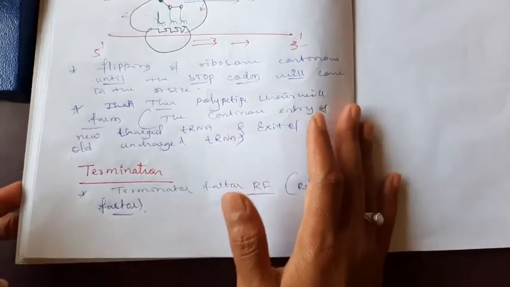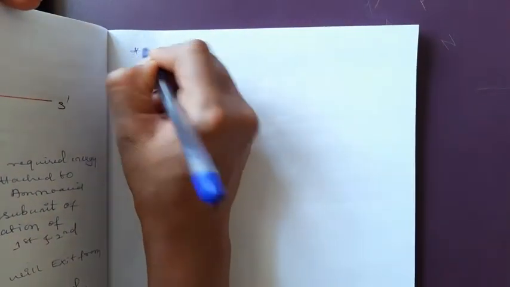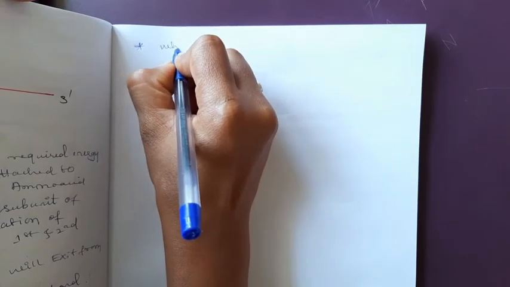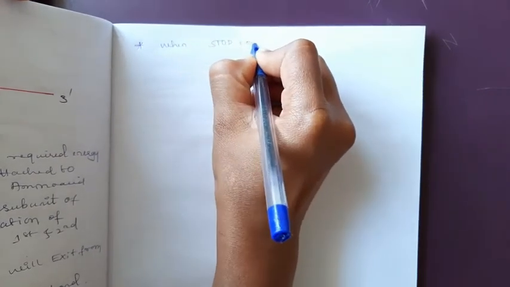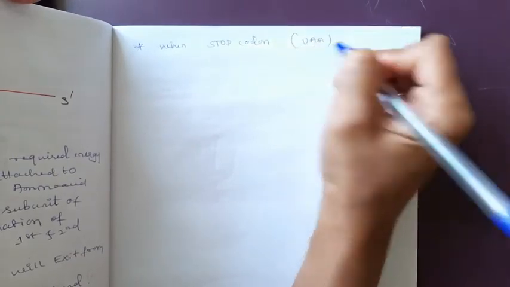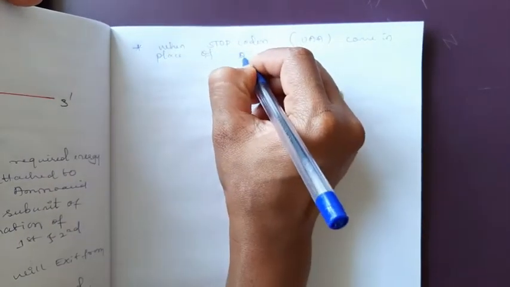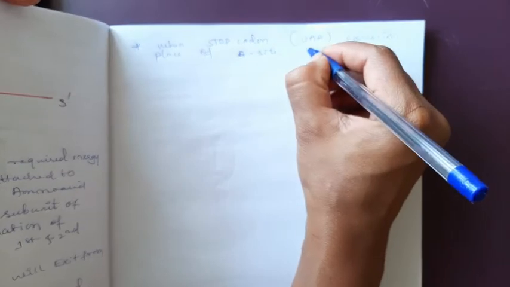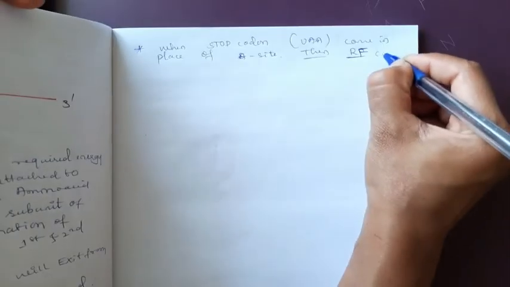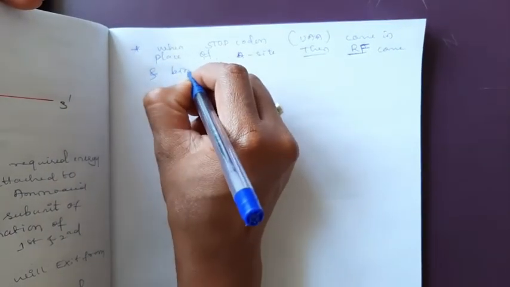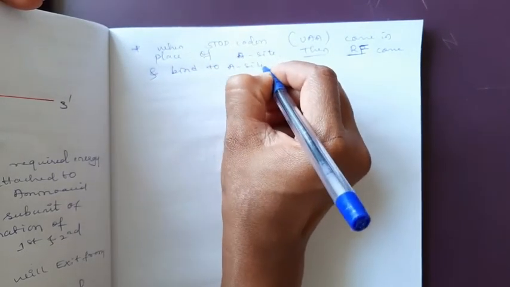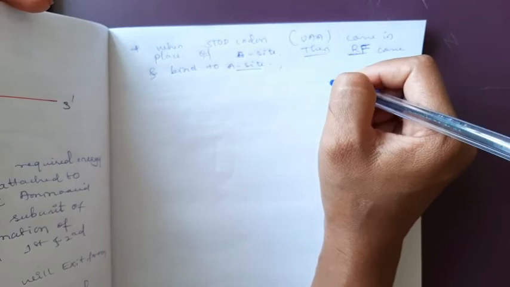Okay, here I will write: when the stop codon, I will write UAA, comes in place of the A site, then the release factor, it's a shortcut, RF, comes and binds to the A site. Okay, that time